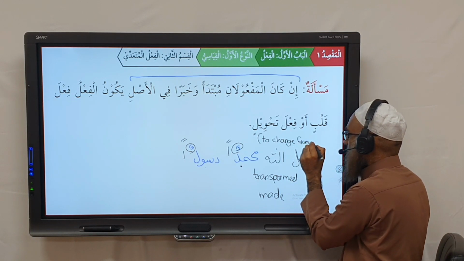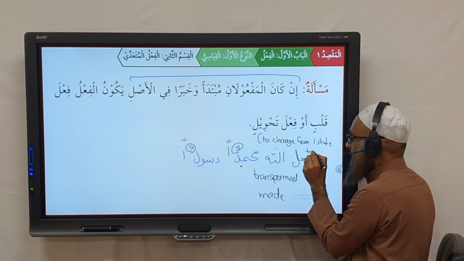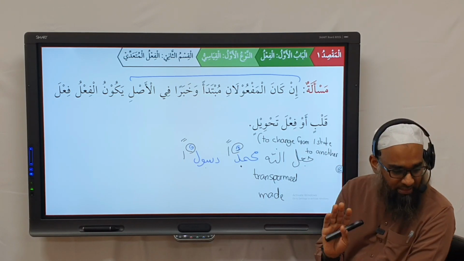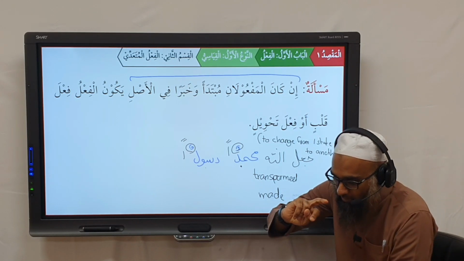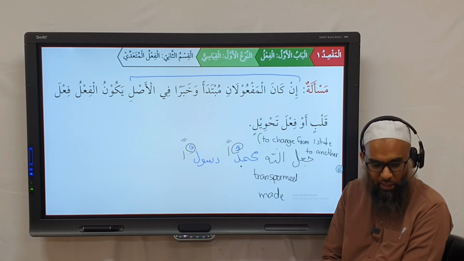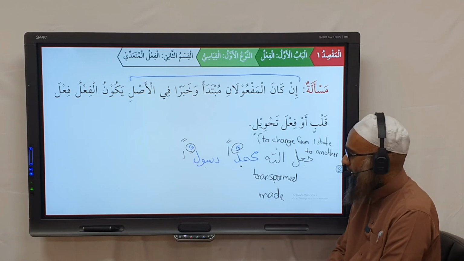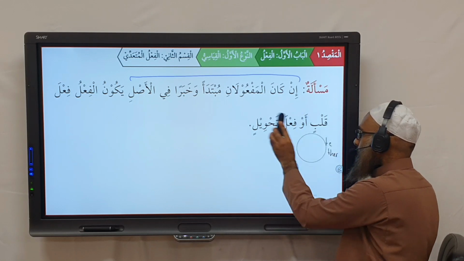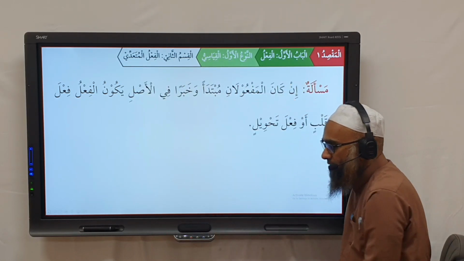Tahweel means to change from one state to another. So when you have fa'lu tahweel, it really means the fa'il changed the mubtada into the khabar. Made the mubtada into the khabar. It's not a physical action where it's transforming. Okay? So when you have this structure, where the two maf'ools were originally mubtada khabar,